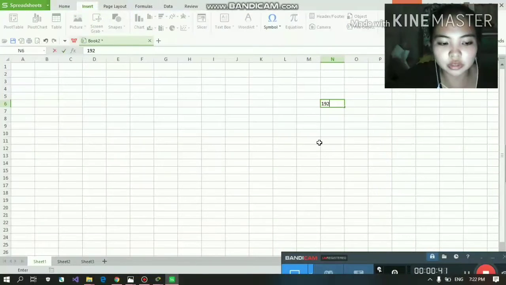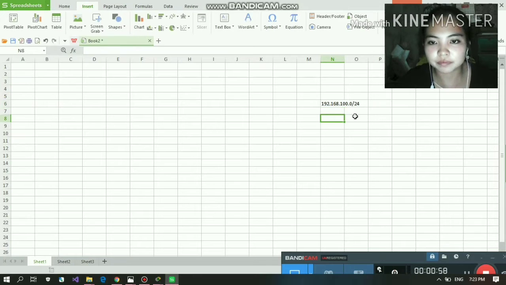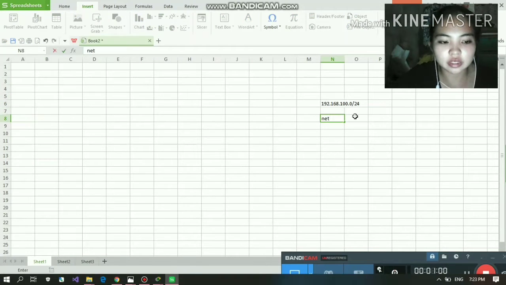We have 192.168.100.0/24. Then from the net, which is net 1,